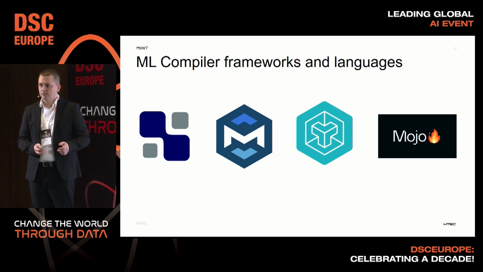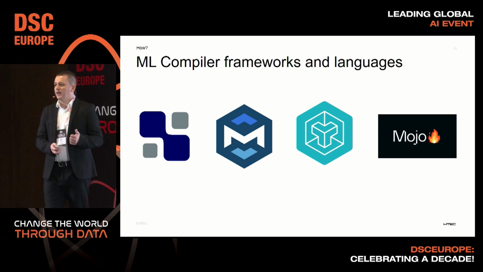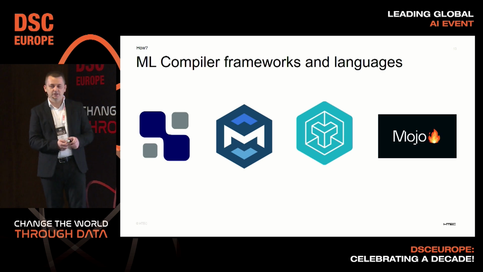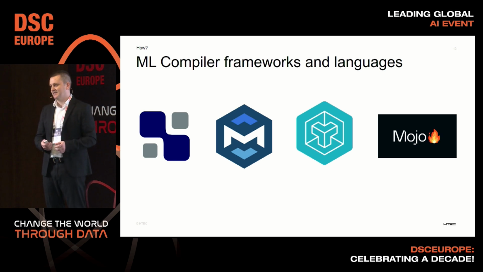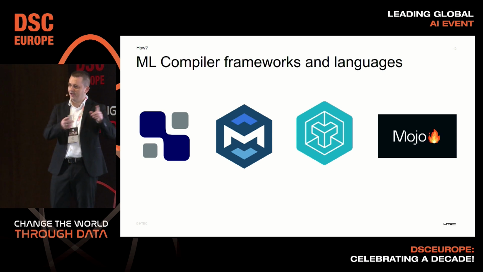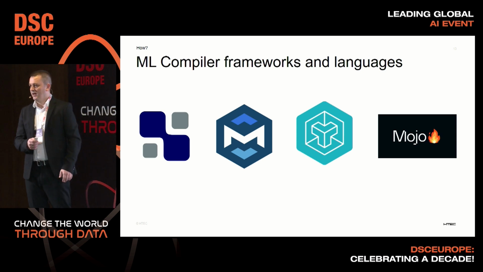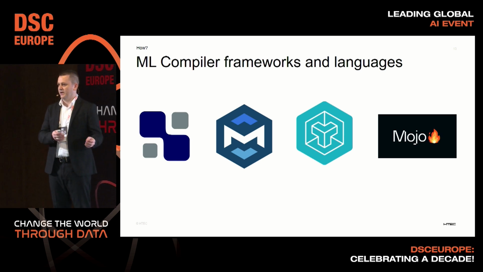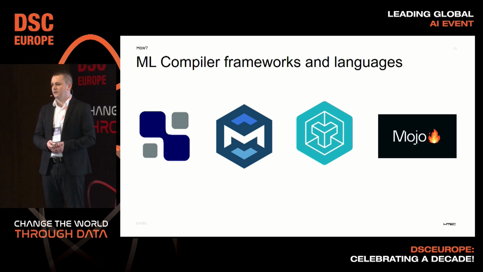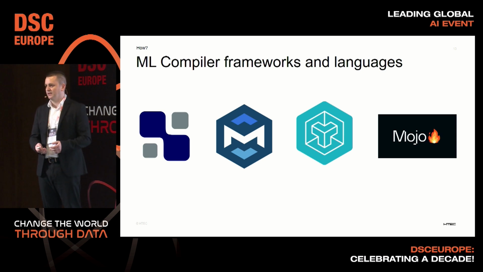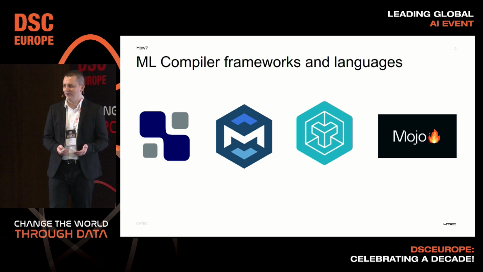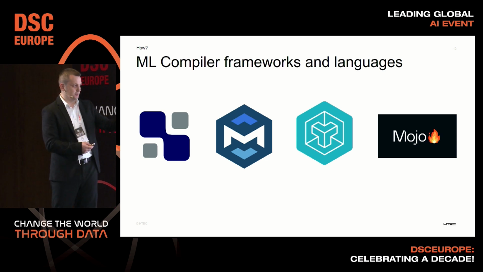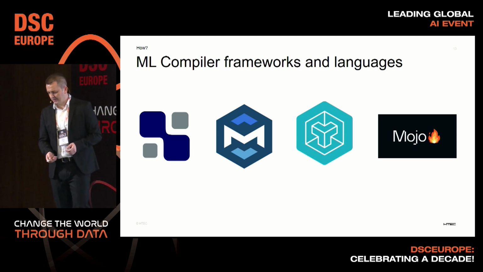Another project very similar to Triton is named Mojo, and the reason I put it here is that the same guy who created Mojo is the guy who created MLIR and LLVM IR. They showed some results, like compared to NumPy running on a machine, being 37,000 times faster. So you can probably not imagine how fast that can be. This is also one promising project that I want to mention today.